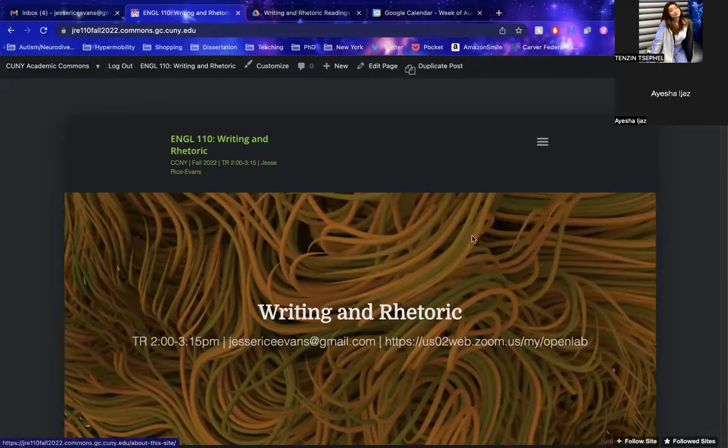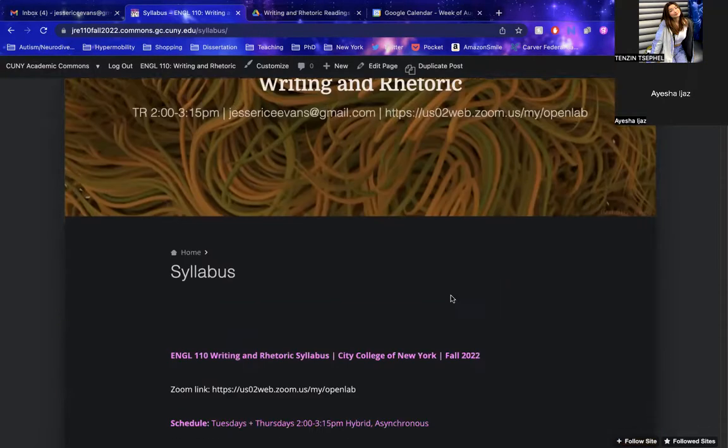Let's also take a look at other bits of the site. For those of you who are new to the space, you'll see up at the top, we've got the schedule with our different categories of primary things. Let's look at the syllabus. That's probably what you've done in your other classes today. That's usually what we do at the beginning of the semester.